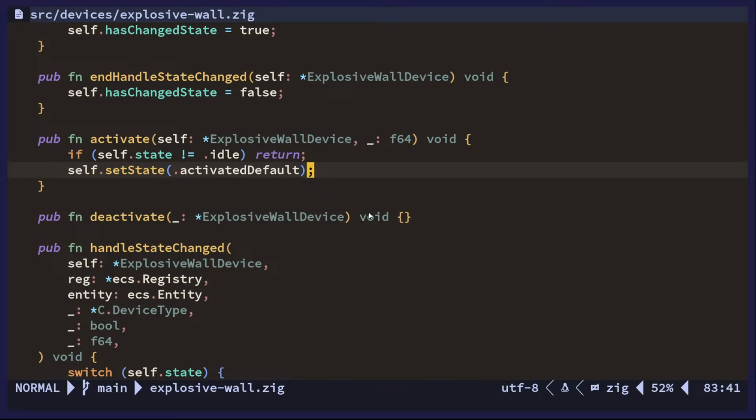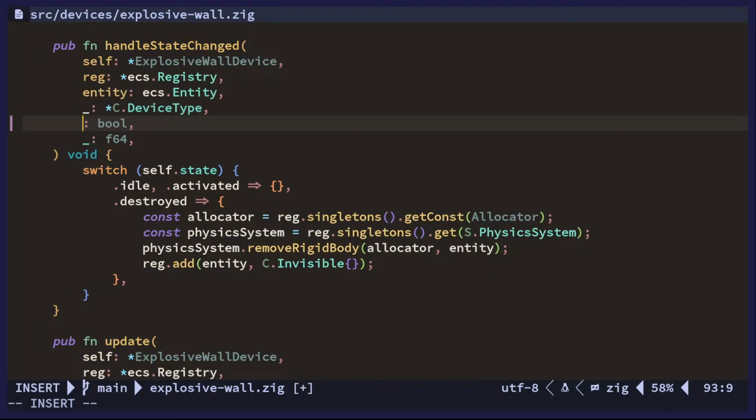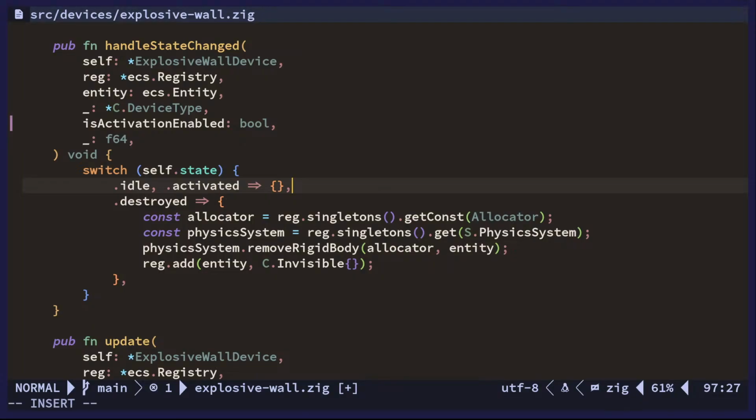So if on activation, or is it this one, handle state change? Yeah, it's happening in here. Oh man, maybe we should have state machines for these ones as well. Yeah, to replace like this whole system as well. I think I want to do that, but not this time though. But that's gonna be something. Pretty sure we'll call it like this. Yes. Okay, so if we